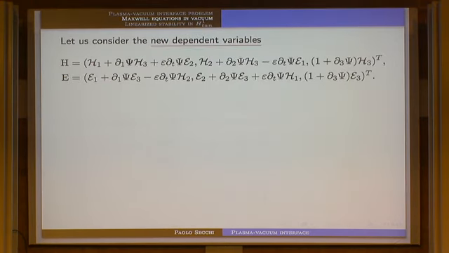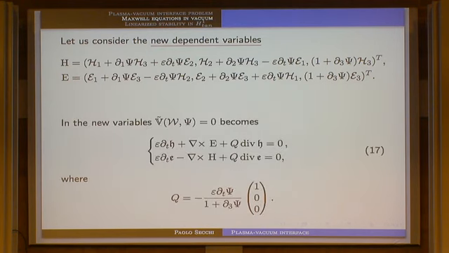Okay, but we can do something, because if we take this strange thing, these new dependent variables defined with these combinations, H and D, still in the vacuum part, the transformed Maxwell equations take this simple form. The Gothic letters are the same as before. Here we have the new variables defined here, and Q is a given vector depending on the transformation, and here we have the 2 divergences.